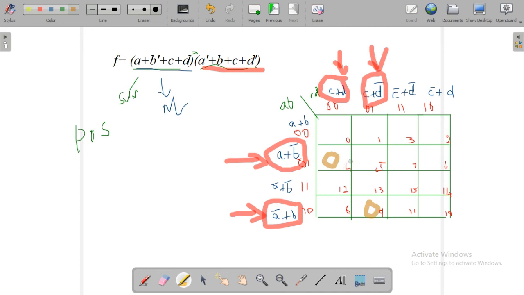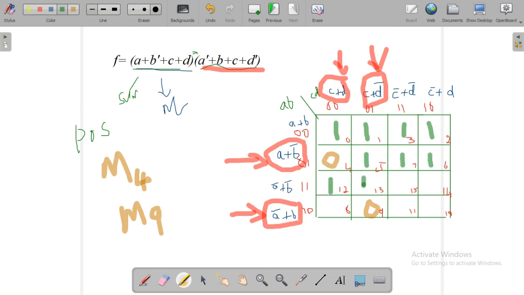So we are filling 0 in the particular max terms. What is the position of this max term? Where we have filled the value 0, the max term designation is 4. So we can write capital M4. In capital M4, the value is 0. Next one, capital M9, max term 9. There also we have filled zeros. So the remaining ones we can fill with 1.